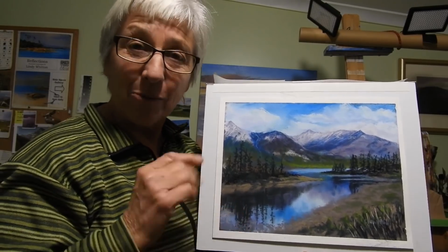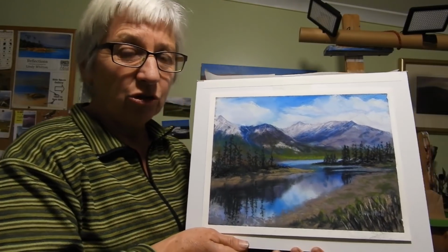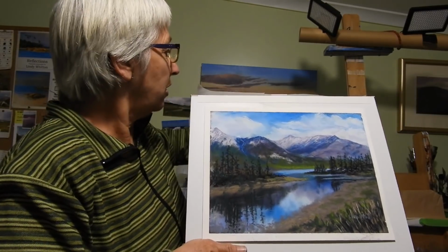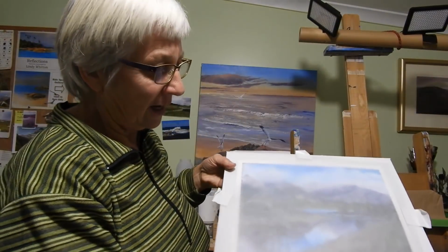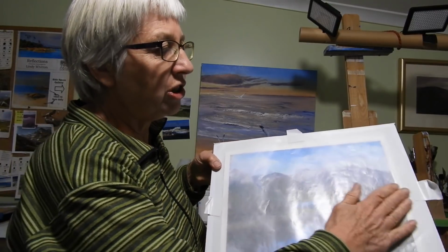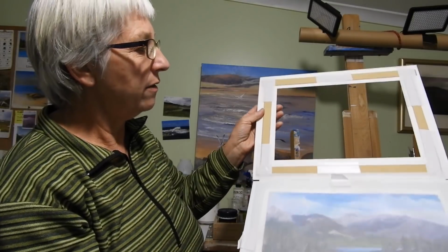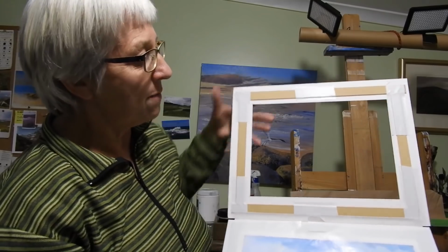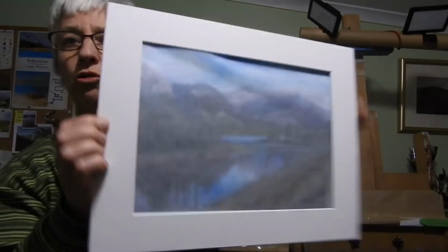I really enjoyed this painting, and I may even do it in a really big one eventually. So now what I'm going to do is just store it. So I've taped it to the back of a piece of core flute. You can use foam core, core flute, whatever. I have a little bit of glassine paper, which is just that lovely smooth paper, which I taped over it. Then I have a mat board here, which I've taped some tiny pieces of mat board around so that it makes the little gap between them. And that's how I'll store the painting in